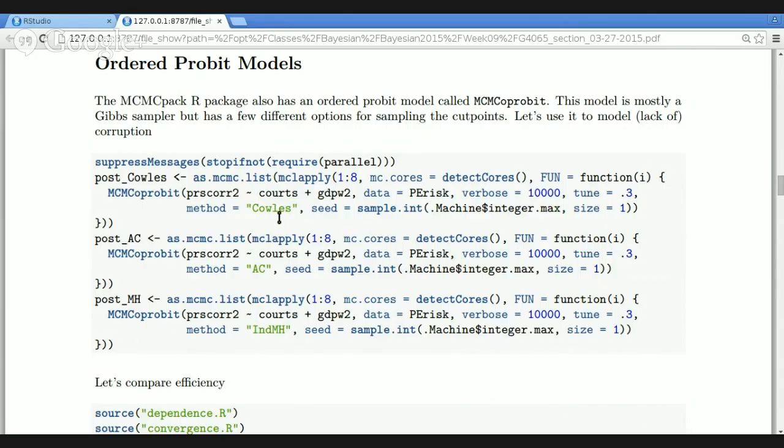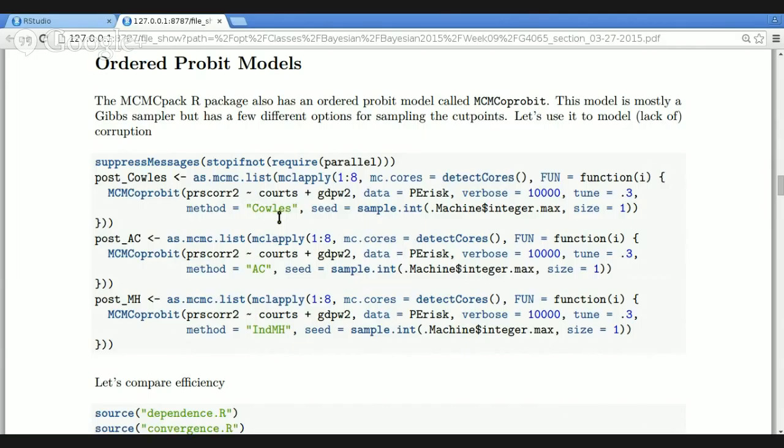There's a different way of doing it that was based on a paper by two guys, Albert and Chib. And you could also do a Metropolis Hastings thing to update the gamma, or in the case of Metropolis Hastings, there'd be some probability that you actually keep it the same for consecutive observations. And so we're just going to do the same model, same data set with the three different ways of updating